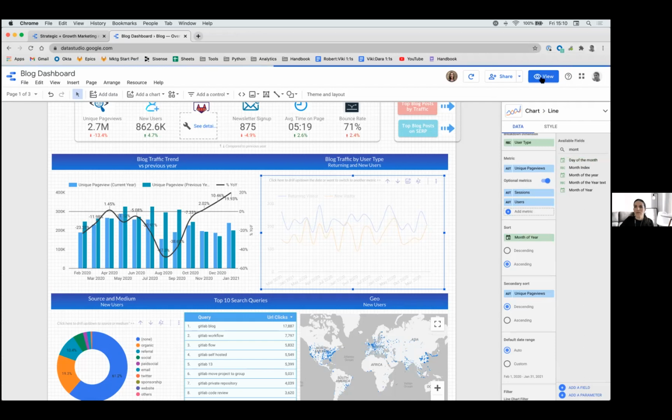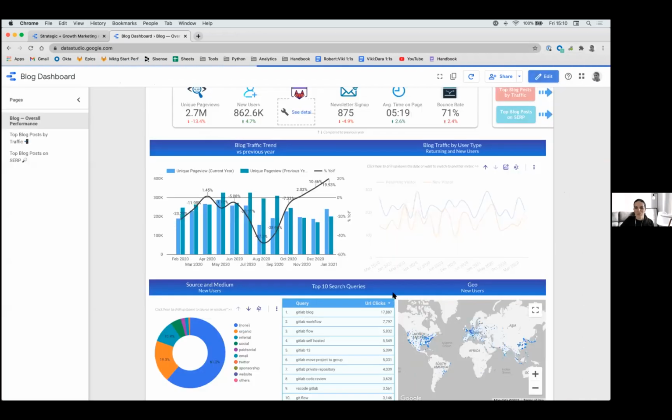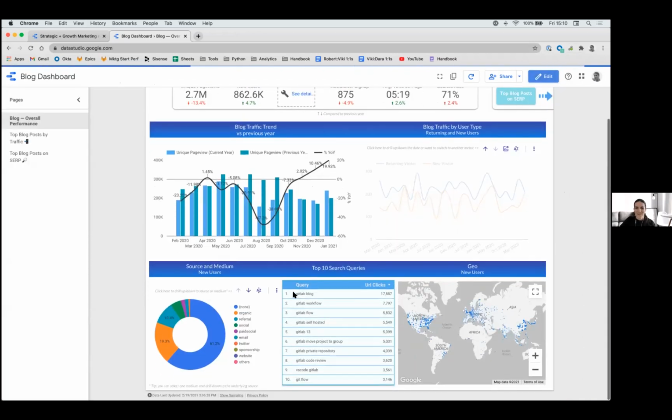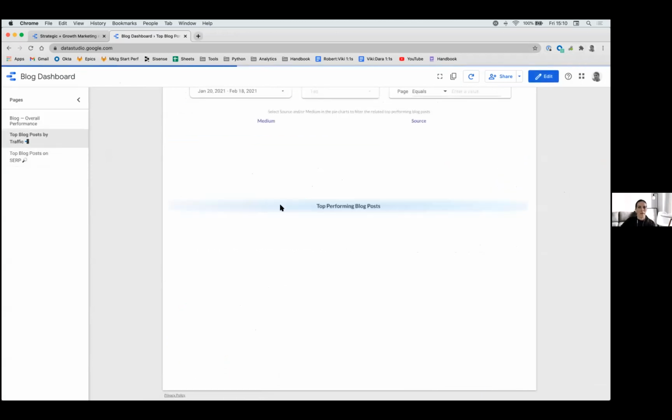Like this. Now it will be normal. And the other new feature I added is the search queries, how the blog pages look when it comes to the SERP. There is a detailed page on this dashboard. I'm going to cover it as well. But before that,